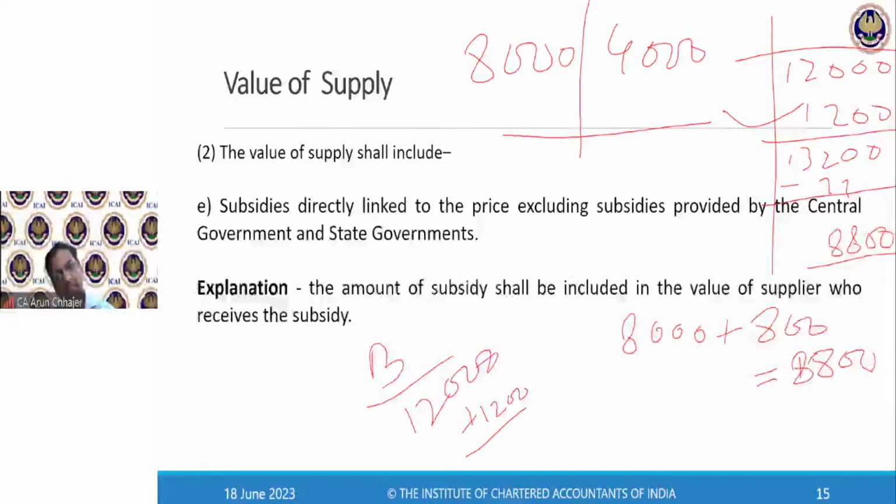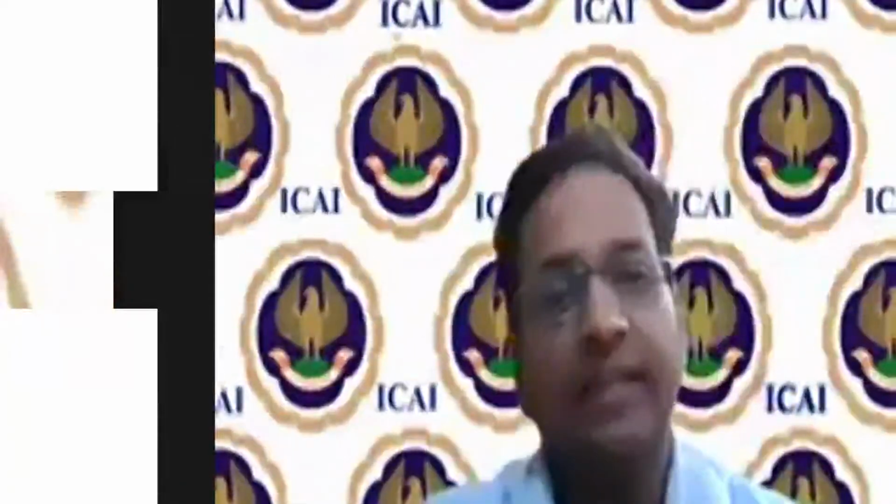Yes, Bhumika, absolutely correct. Any subsidy. So there will be three parties. Any subsidy which is received by the supplier will be added in the value. If the subsidy is given by the government, like, see, certain telecom companies, let's say Jio, when they are installing the tower, there is certain subsidy given by the government telecommunication department, that please install the tower, we will give the subsidy. So that subsidy will never be added in the value. Why? Because of these provisions.